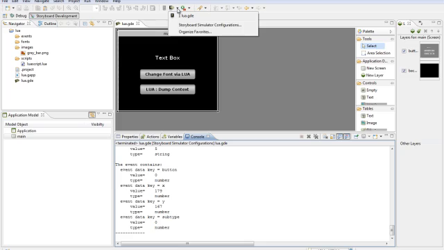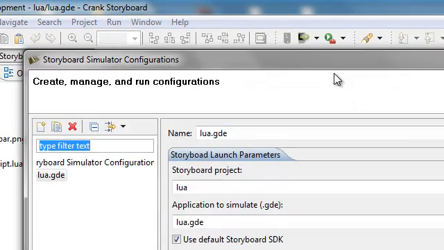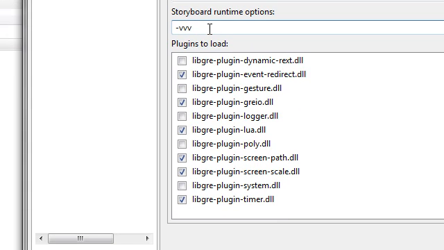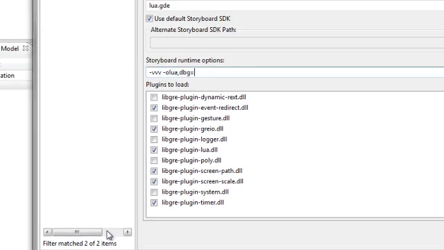So our first step here is just to go into the Storyboard Simulator configuration. As you can see here, this is our current Lua application. Right here we have the Storyboard Runtime Options, and right now all we have in there is a couple of V's. So we've turned on verbosity, so it actually displays a little bit of information to the console, letting us know what's going on. So this is the place where you have to add an additional option to enable the Lua Debugger. What we're going to set here is an option to tell us where the Lua Debugger engine resides. So we just add a -o Lua, comma, debug equals, and now we go out to our